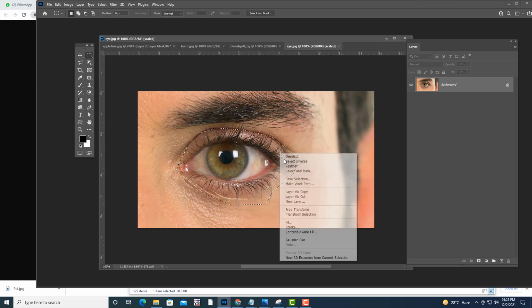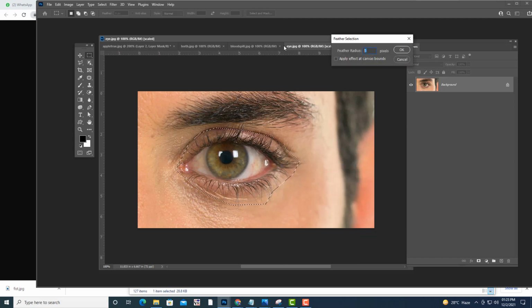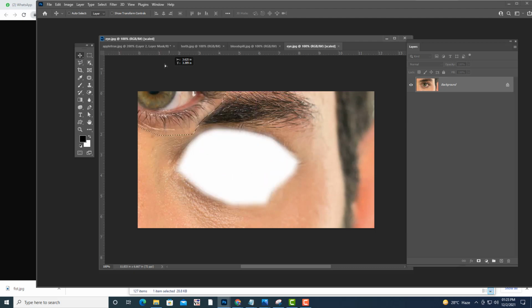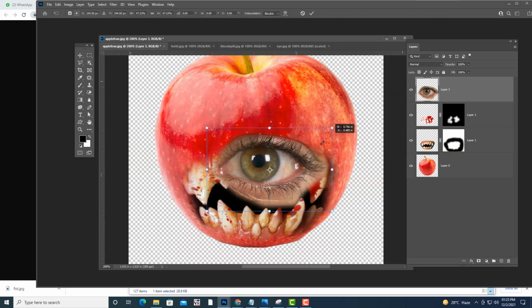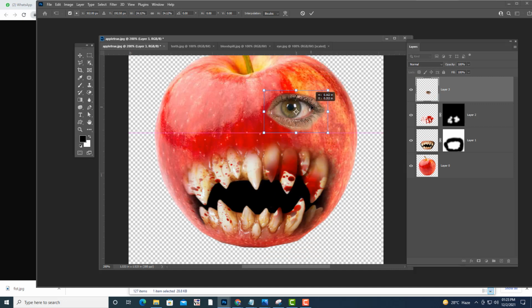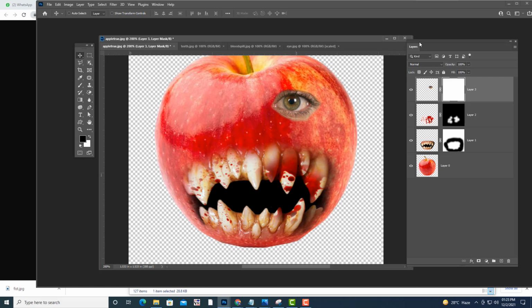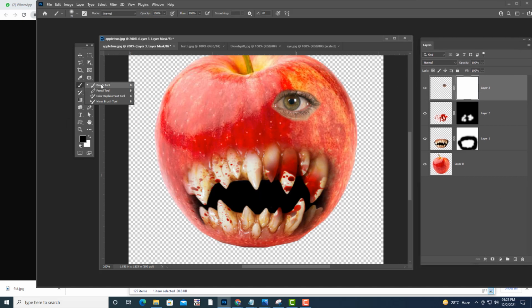Okay. So you can give some feather. And then let me drag it. Then I'm going to add a mask. Okay. And then we will use a brush and erase this unwanted part.